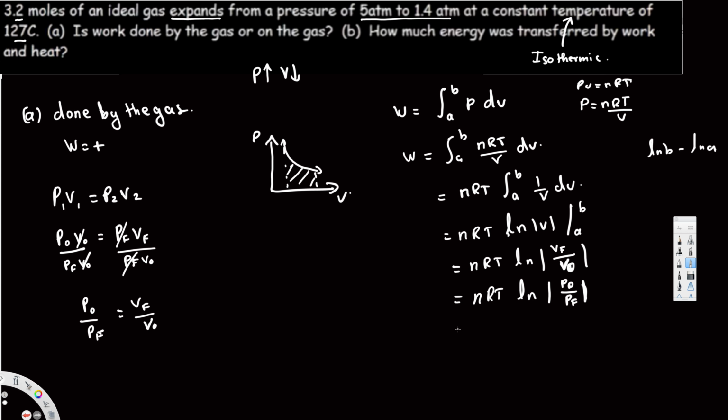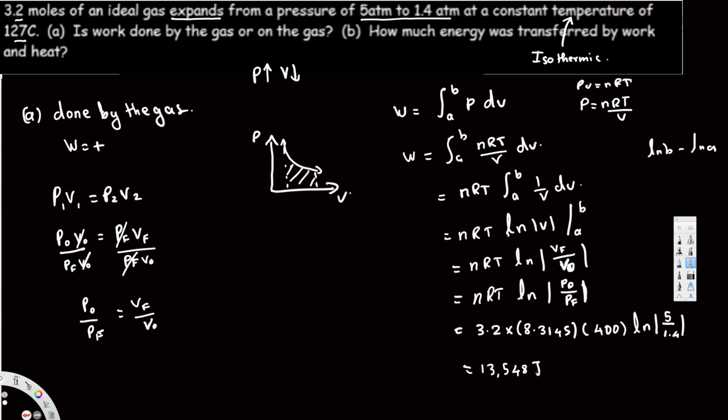So let's put all the values and see what we get. We have the moles, that's 3.2, times R, which is 8.3145, multiplied by the temperature. So we have to add 273 to this value. That's going to give us 400. So 400 Kelvin multiplied by ln P naught, the initial pressure, that is 5 atm, right? So 5 over 1.4. If you plug all these values in a calculator, you will get